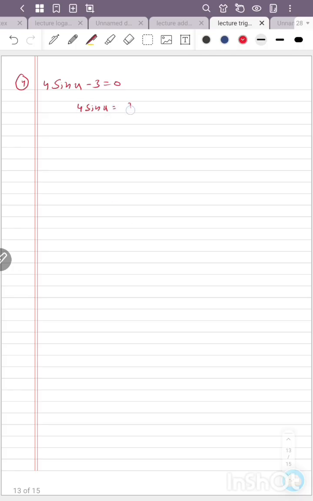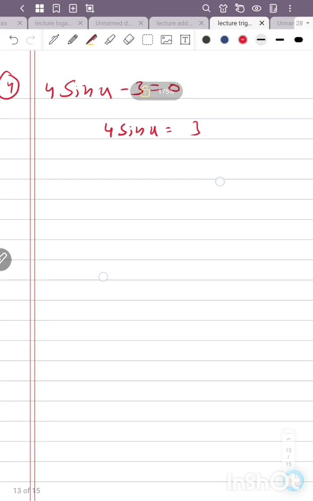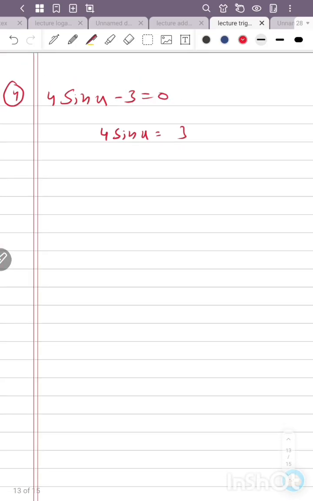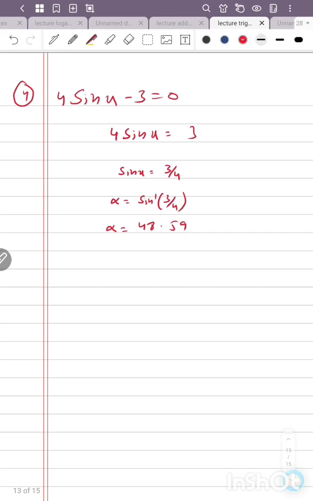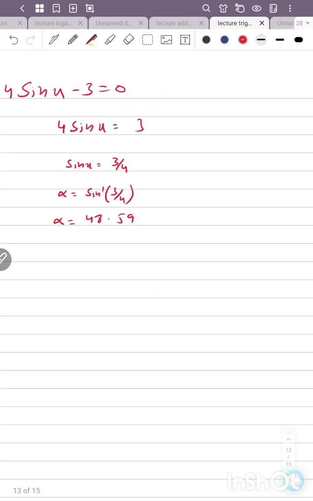4 sin x = 3. जूम भी कर लेते हैं ताकि easy नजर आए। Okay, here sin x = 3/4. Here we got the alpha value is sin inverse 3/4, and we got the answer for alpha by using calculator, 48.59. और इस तरह का क्वेश्चन ज़्यादातर पेपर 2 का ही हो सकता है, क्योंकि कैलकुलेटर यूज़ हो रहा है। विदाउट कैलकुलेटर इसको सॉल्व करना पॉसिबल नहीं है।